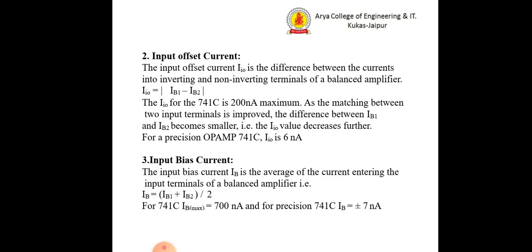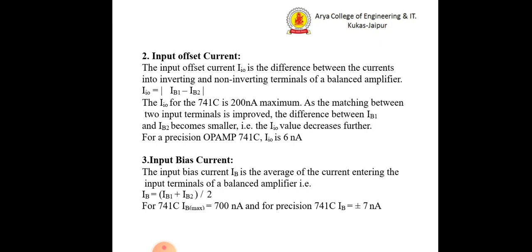The second parameter is the input offset current. Like the input offset voltage, we also have the input offset current, which is defined as the difference between the currents at the inverting and non-inverting terminals of a balanced amplifier. The input offset current is denoted as IIO, where IO denotes the input offset, which equals IB1, that is the input current at base 1, minus IB2, the input current at base 2. For 741,